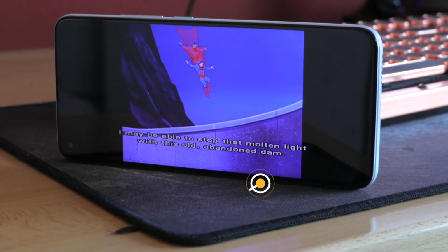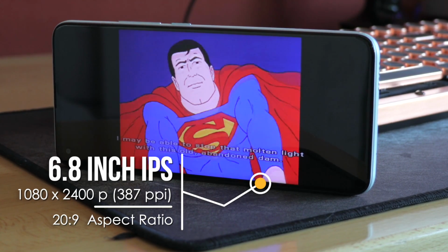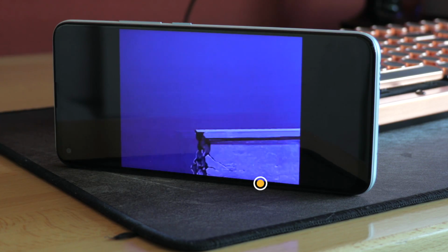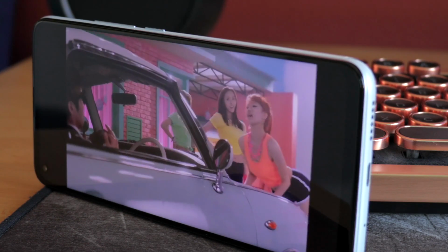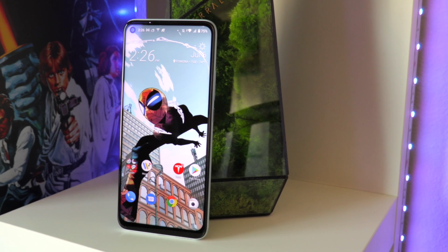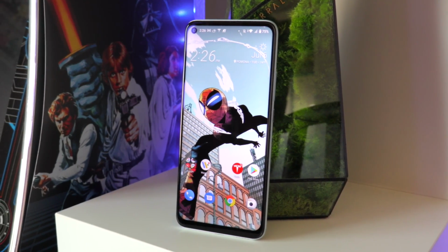We're looking at a 6.8-inch 1080 by 2400p IPS display that has 387 ppi density. That's fine and dandy, as the viewing quality is quite solid. The display is sharp from a multitude of angles, and colors are well reproduced, albeit a bit cooler in tone than I prefer. After all, this is an enjoyable device to watch content on, but the annoyance comes in with